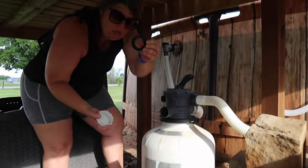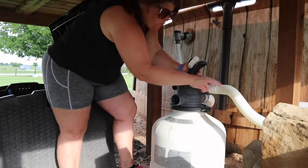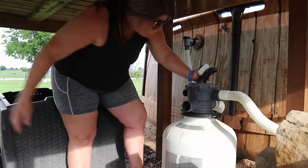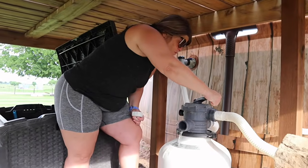Take this little ring off because it'll blow off. Now, a lot of people do connect one of these hoses to it and let it go into the great abyss. I don't. I just let it go wherever. Okay. First thing you're going to do is press down on this,